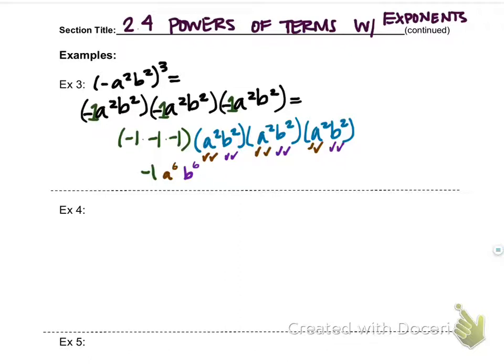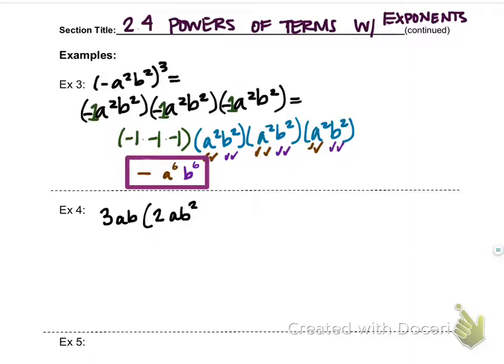But it might also be helpful if I kind of ignore that -1 and just write -a to the 6th power, b to the 6th power. I would need to incorporate that there is a negative still in that answer. Let's move ahead to example number 4,